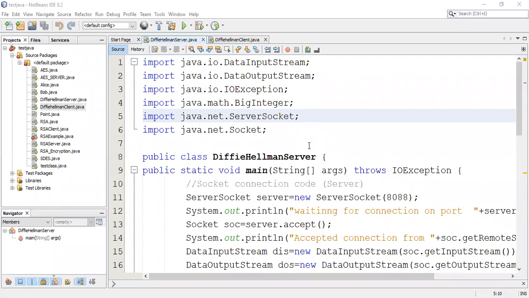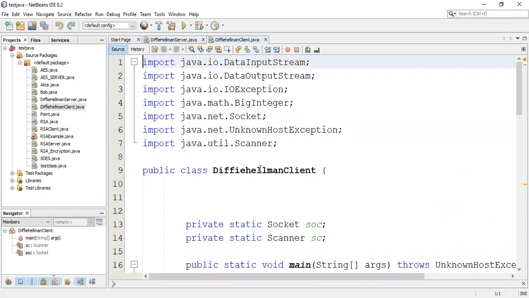Now see what is the program for this. Again I will explain how you can execute it, how you can debug it, and then you can take any one example, and we are going to solve that example again. Okay. So here also you have considered the server and the client. So define Diffie-Hellman algorithm. First of all, I have to tell you the client side.